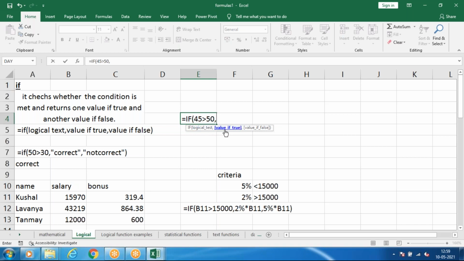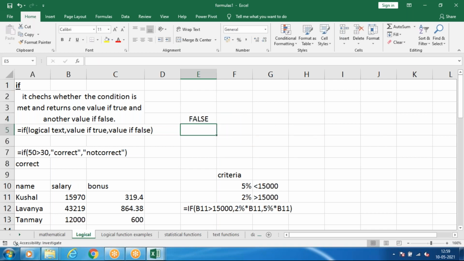If the condition is correct, what do you give? If the value is true, give true, or else false. That's it. The condition is false.